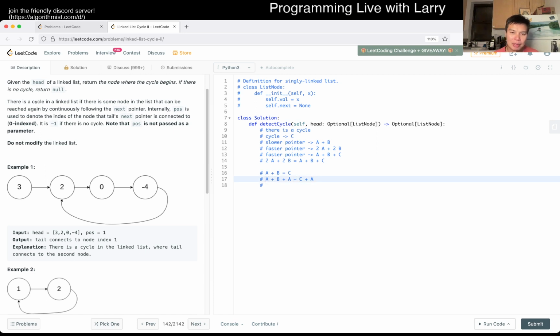So this is of course now we have C. But the idea, and we kind of touched upon this before, is that we add A steps on each side. But the key thing to know here is that this means that the two pointers meet at the same time as a second slow pointer. I think that's basically the idea here.